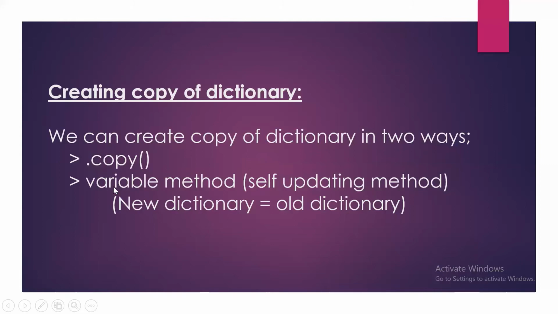The second method is by using a variable, that is, giving a new variable to the old dictionary or original dictionary. And this method is a self-updating method. That is, if we make any changes in the original dictionary or old dictionary, the changes will automatically be updated in the new dictionary. So let's see how we can create a copy